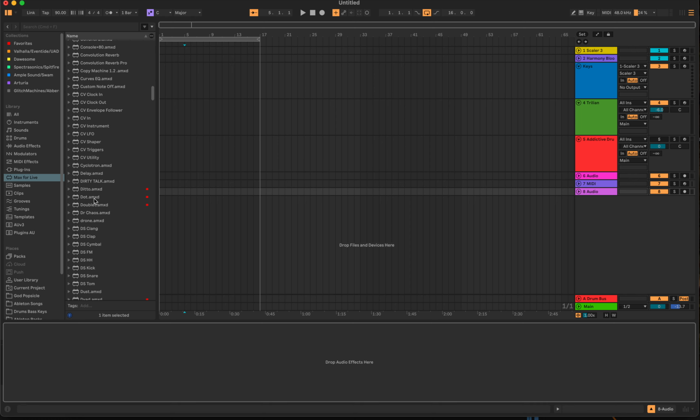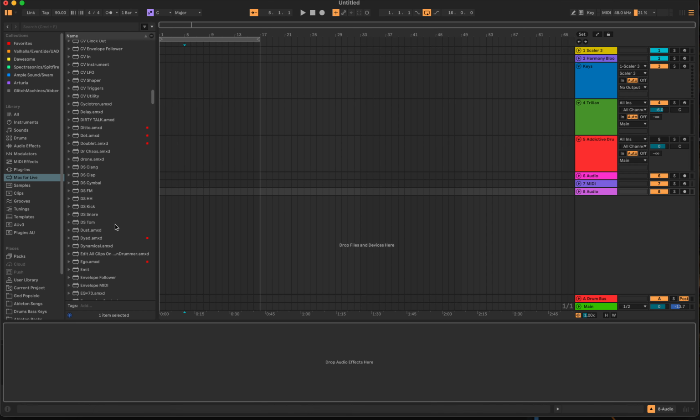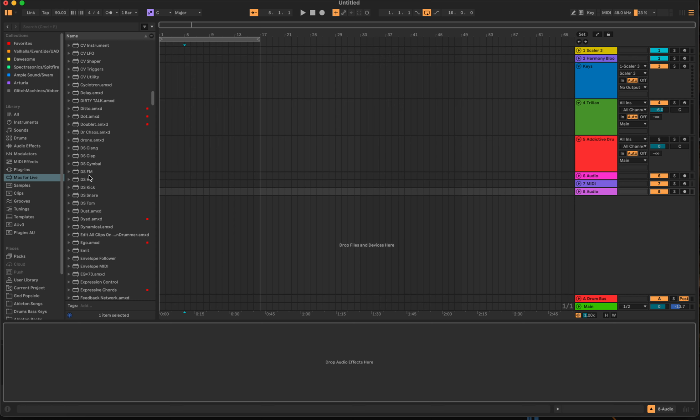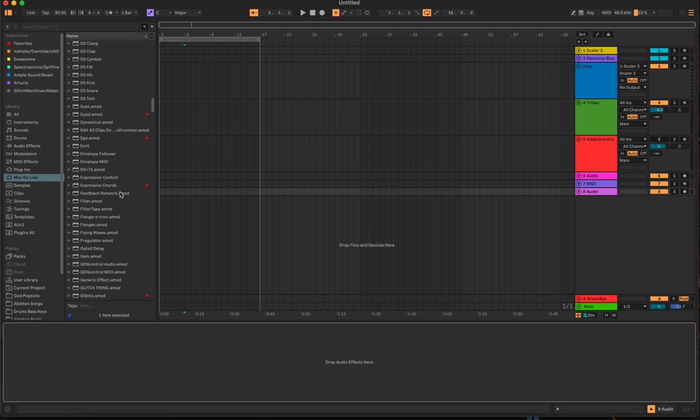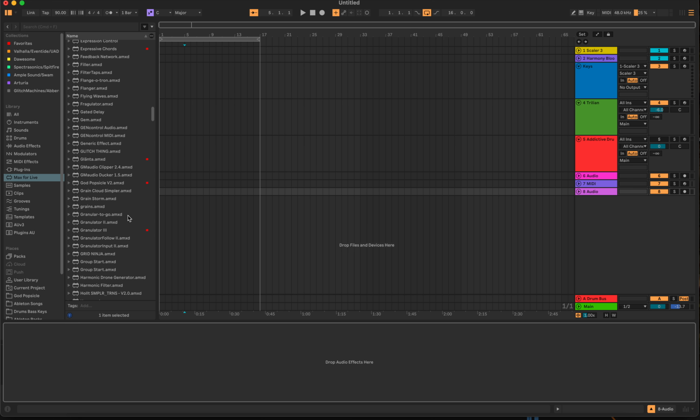Let's go down here. So these right here that you see I have marked are some more from Fors. But you can see that you have FM drums in here that you can use. Again, some more of the Fors stuff, expressive chords, flangers. We talked about that a little bit. Some more FM. Now the granular stuff does work in Push,